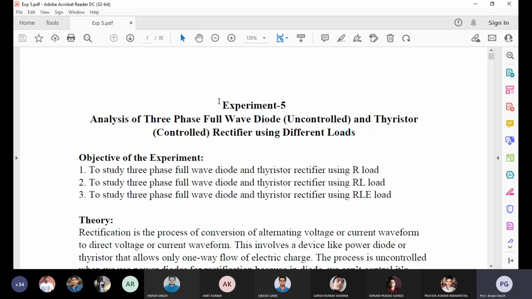So what will be the benefit? If you have more ripple frequency, then the output is nearer to the steady state value. For a perfectly steady value you would need infinite ripple frequency, but practically that is not possible. So what you can do is increase the ripple frequency. More ripple frequency is good for a DC system.